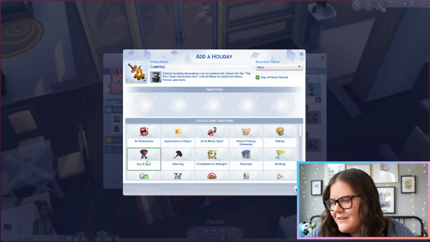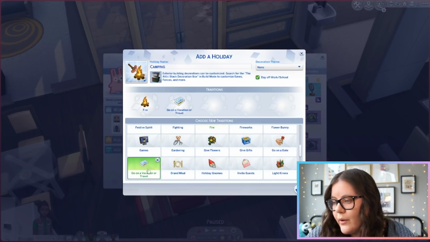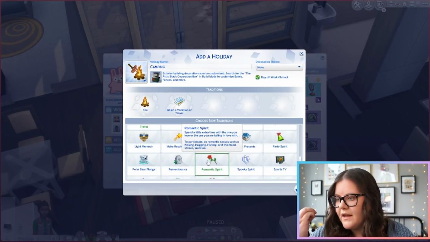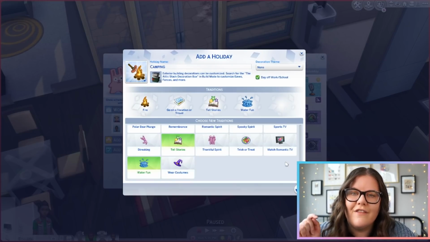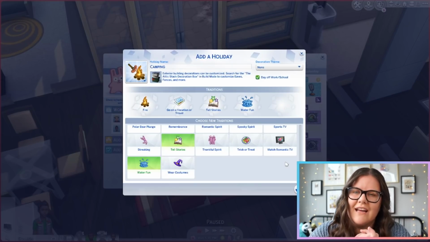But this would be really, really fun because you could have the fire one. Maybe you are going on a vacation or traveling because you would be traveling to Granite Falls. That's always a good time. And maybe we do some storytelling around, maybe some water fun. Those are all fun things that you can do while camping, and then you can have the holiday where your Sims will take time off work and school and have them go off and hang out in Granite Falls and